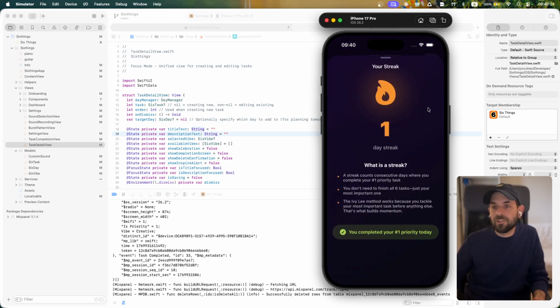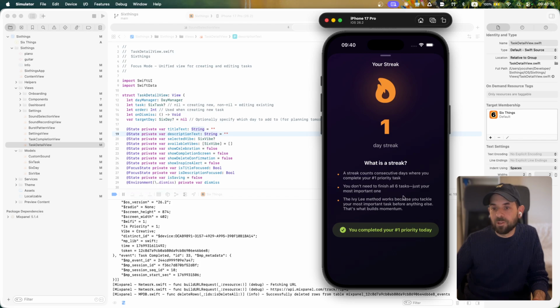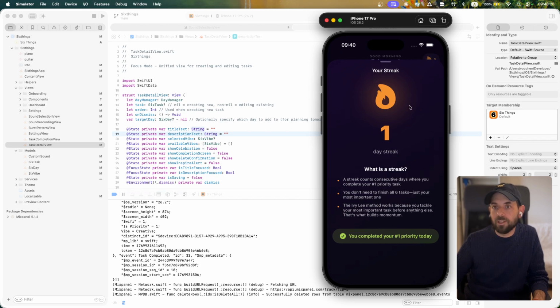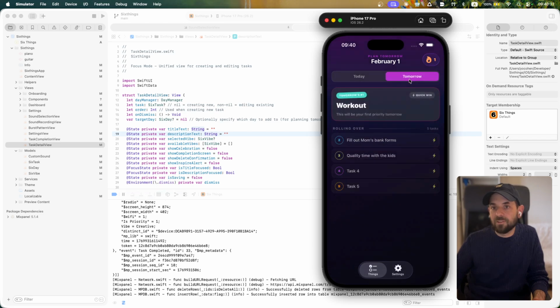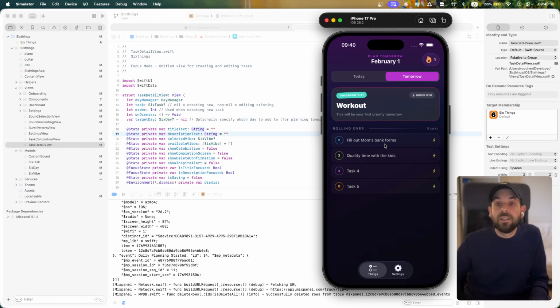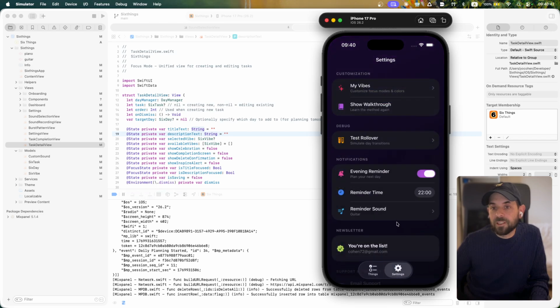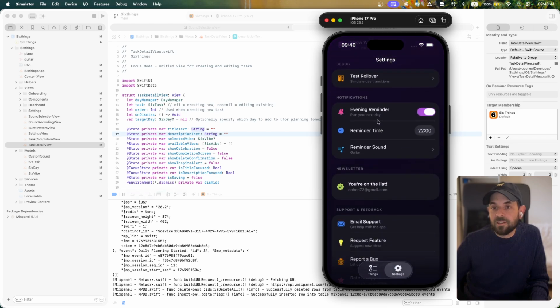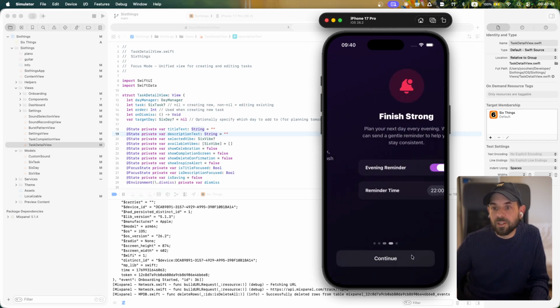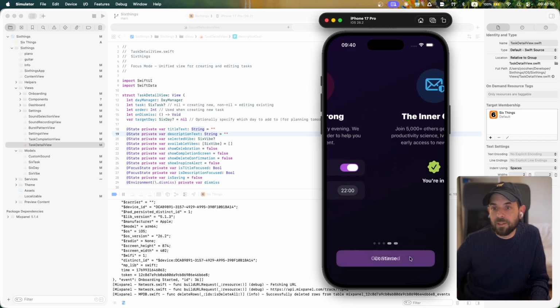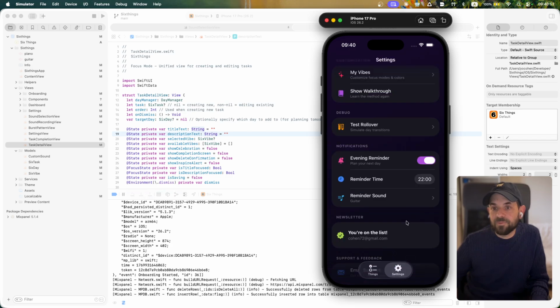And we've got our streaks here showing how many days in a row we're completing the number one priority, and that's it. When we get closer to the end of the day, we'll have here tomorrow. We can already start planning tomorrow, as you can see here. The tasks that we haven't completed yet, we've got those ready to go for tomorrow. A couple of things in the settings, all these walkthroughs, this was all created by Claude, showing us a little bit about the app, setting reminders, and that's it.